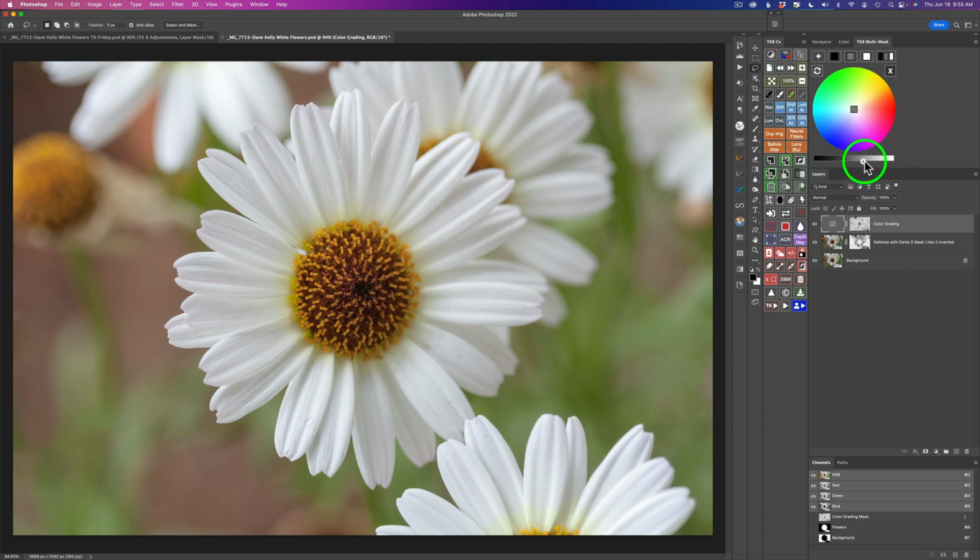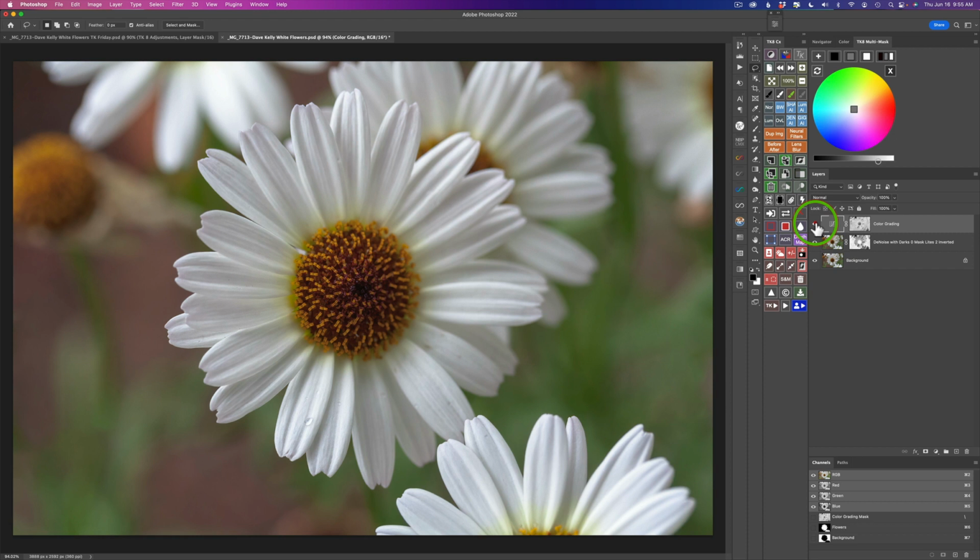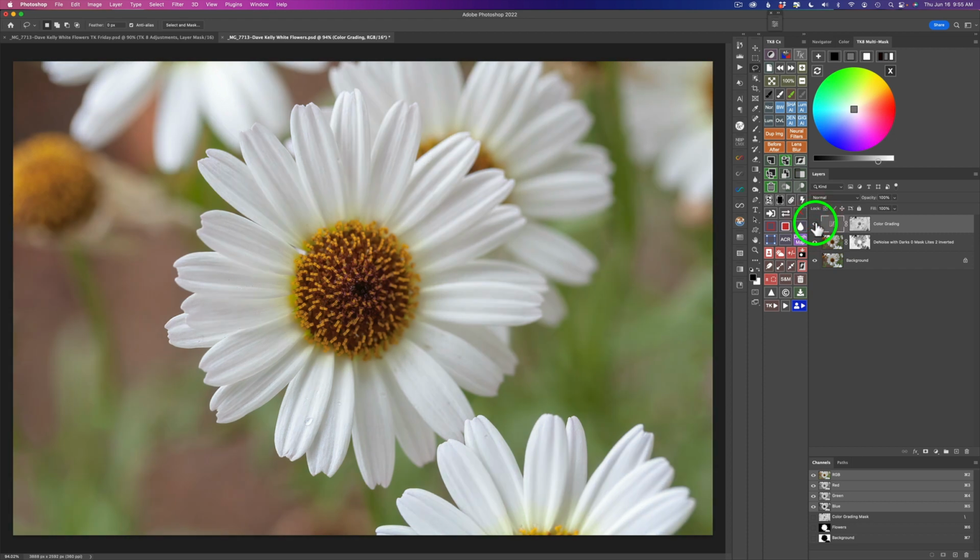You only see something happen when you release your left mouse click. Okay? So here's the before and here's after, but see how much lighter it's getting? And then I'm going to go to highlights and just slightly, not warm up the highlights, but slightly lighten the highlights just a little bit. And check it out. Here's the before overall and here's after, but you see the nice light happiness coming into